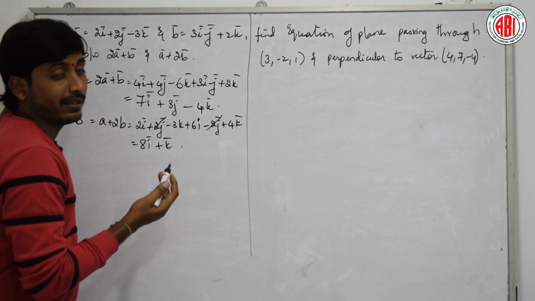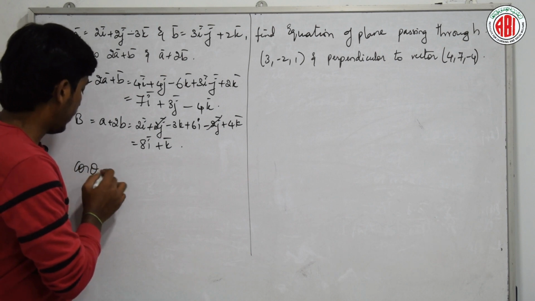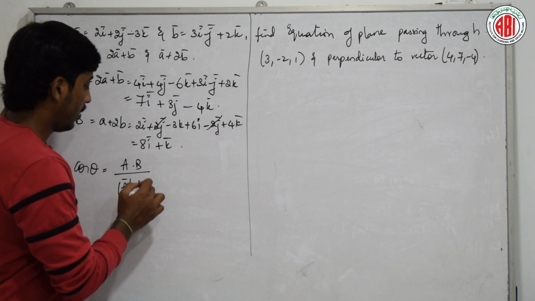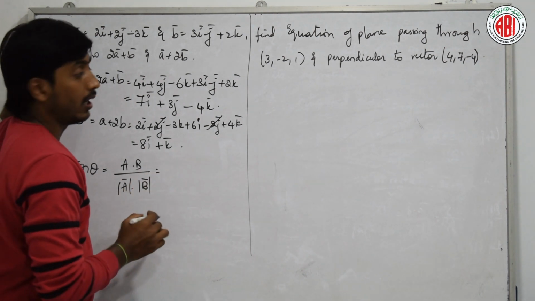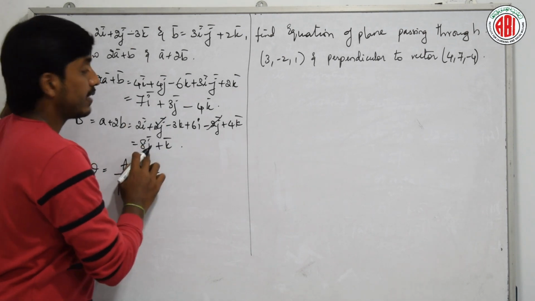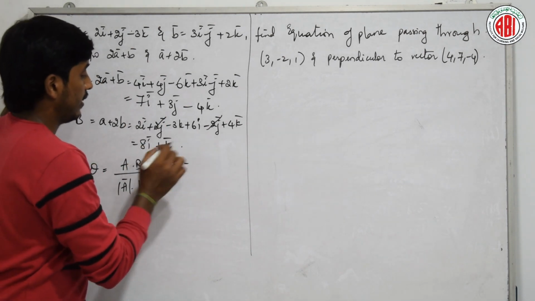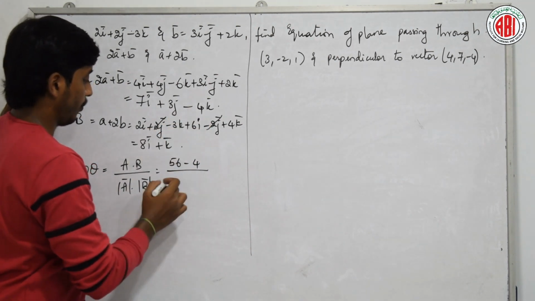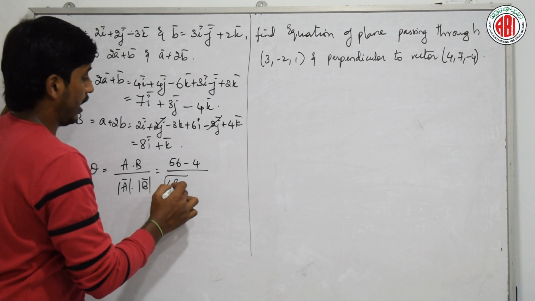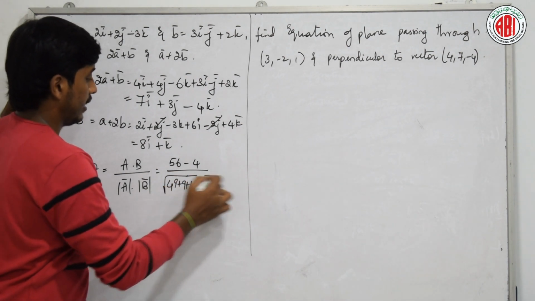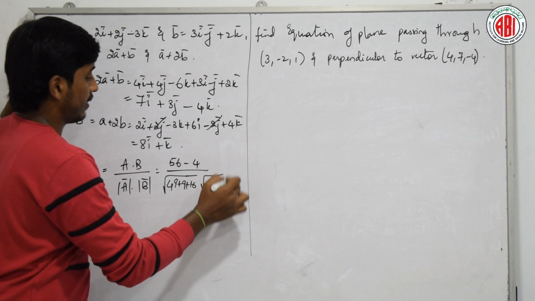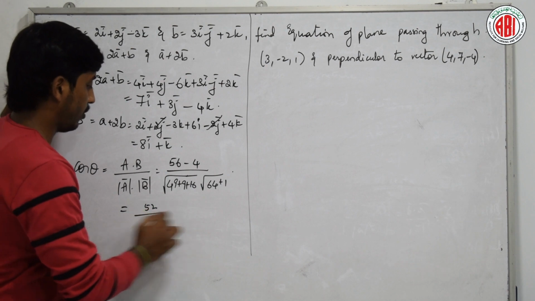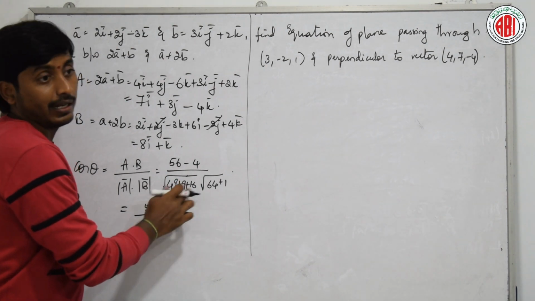Let us find the value of cos theta, that is equal to A dot B by mod A mod B. What is A dot B? Just multiply 7 8s are 56, and next there is no J term, and 4 into K is 4. Here under root 49 plus 9 plus 16, under root 64 plus 1. Clear? That is 56 minus 4 is 52, 49 plus 9 plus